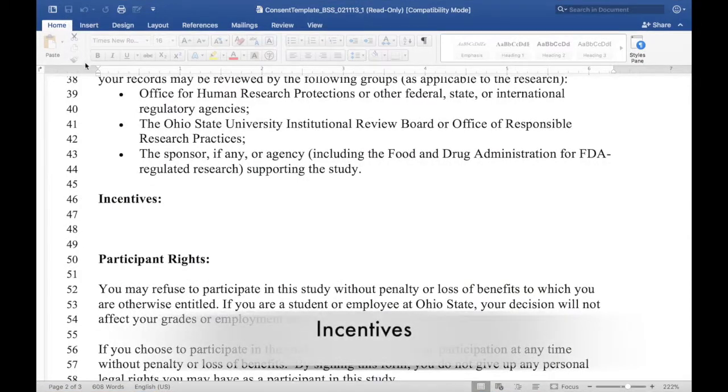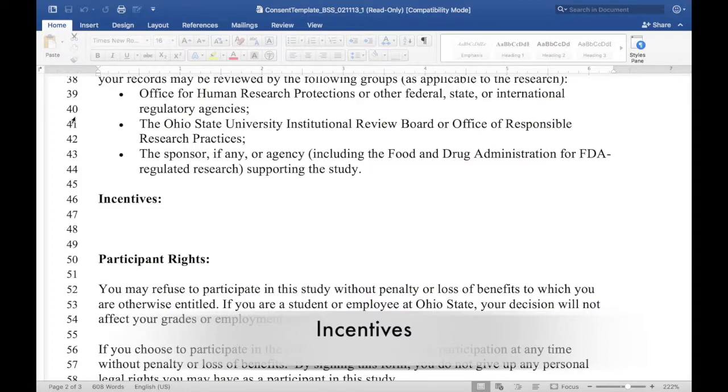Incentives. Incentives are payments or gifts for participating in the study. Incentives should appear in this section, not when describing benefits of participation. When describing incentives, do not state that they are tied to completing the study. Participants cannot be compelled to complete a research study. Thus, do not use any language indicating participants must complete part or all of the study in order to receive